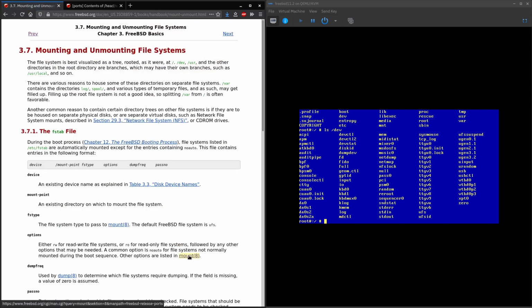Mounting and unmounting file systems. Again, this is related to the previous slide, and mounting and unmounting are very common in other Unix systems like Linux. They said why you might want to put different folders on different partitions. Like I said earlier, you might want to split var from your root partition, but I'm not doing that here. Another reason you might want to do it is if you have a drive that's actually not physically on your system,